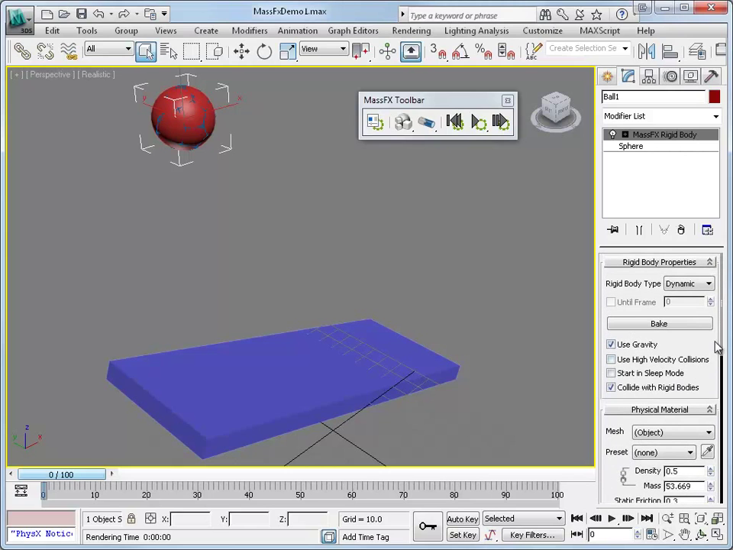Okay, you may have noticed there was a bake option. Let's explain what the bake option does in the MassFX tools. Right now, if we wanted to create a video of our simulation,